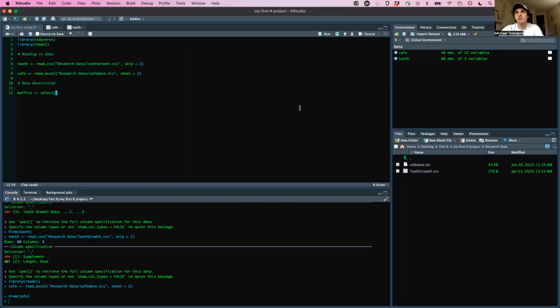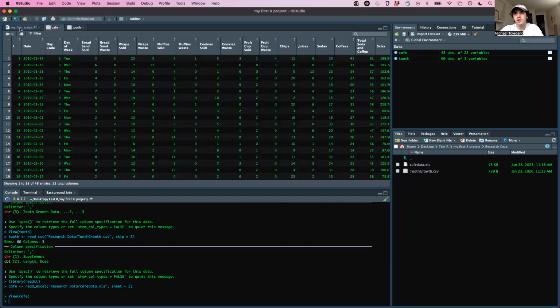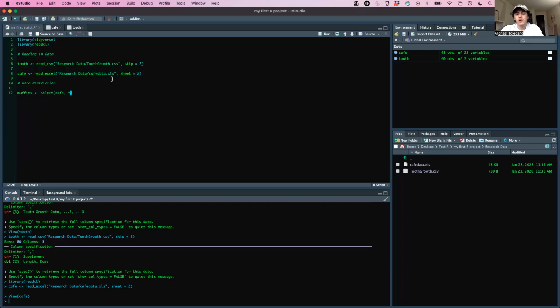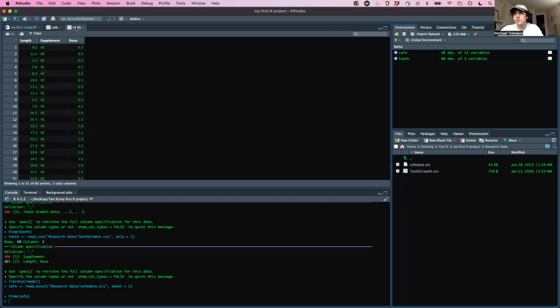So in this case, since we're going to be getting this data about muffins from the cafe object, we're going to start off by writing cafe. And now we have that, we're going to have to state the variables that we want to keep in, and the columns that we want to keep in. So we said we wanted to keep in t, which is the observation day, and then we're going to do muffins. Sorry,